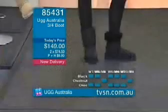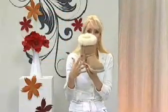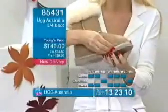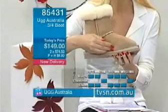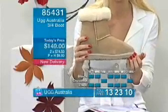Let's have a look at some of the features on the one that I'm going to hold up here in front of you, because really there is so much to tell you about these. First of all, the way these have been constructed is using a procedure called double heat gluing. And what that's designed to do is to ensure that the boot never actually comes away from the sole. So you won't find that situation that you often find where one is coming away from the other, and you have this great big gap where all of a sudden you're thinking, gee, my feet are feeling a little bit chilly down there in my shoes, and you suddenly start wearing great big thick socks. Never comes